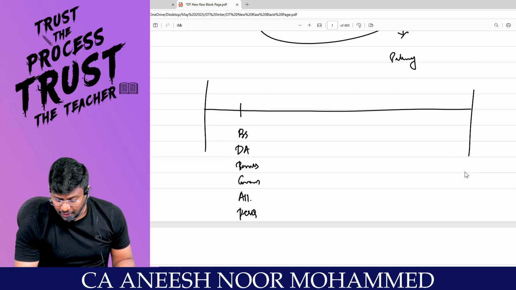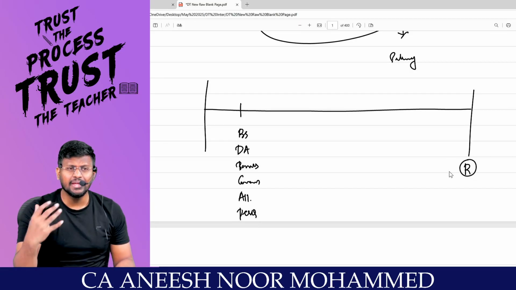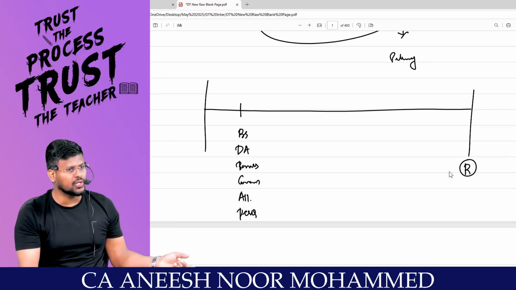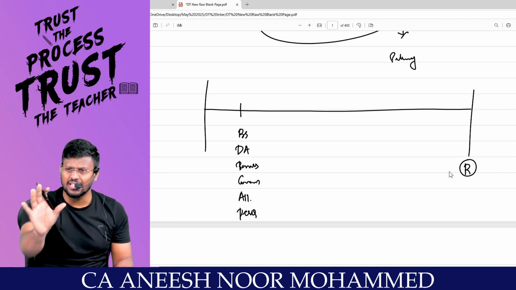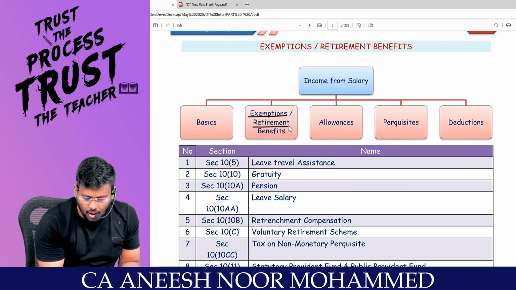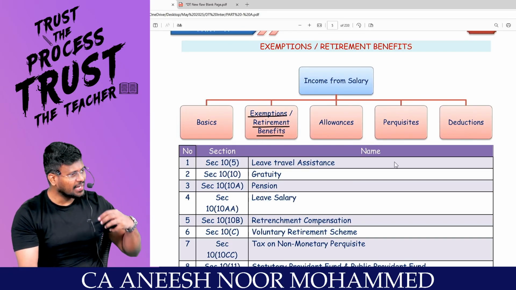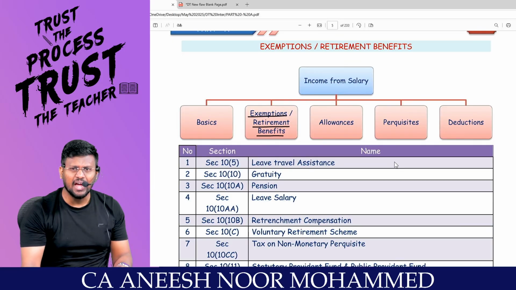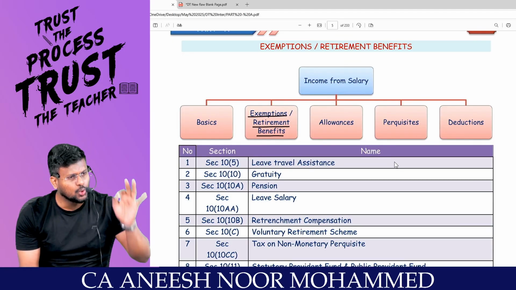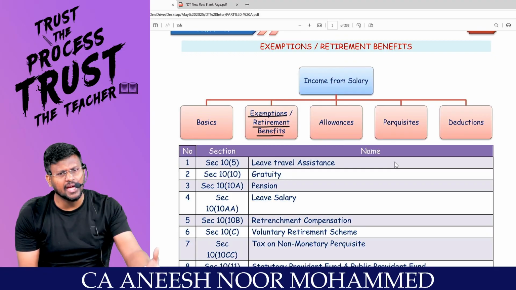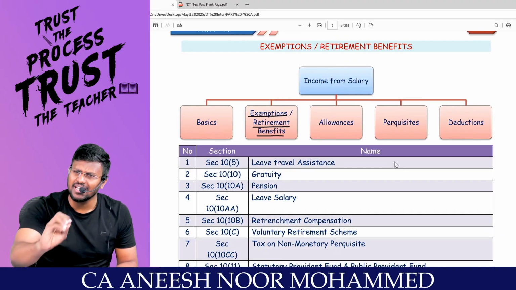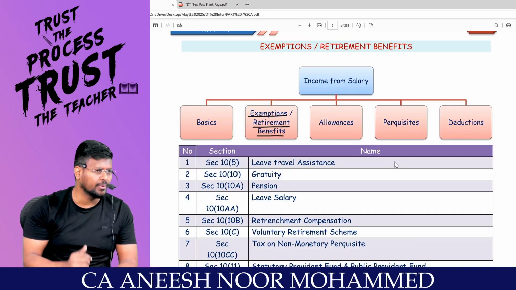At the time of retirement, he will be getting some extra additional amount. What are those additional amounts? How we are going to tax them is our discussion. That's the exemption, or what benefit. So for the retirement benefits, we have certain exemptions. What the Income Tax Act is saying is that please don't include the entire retirement benefits as income. Out of that, you enjoy a certain portion as exemption. Are you all really with me?